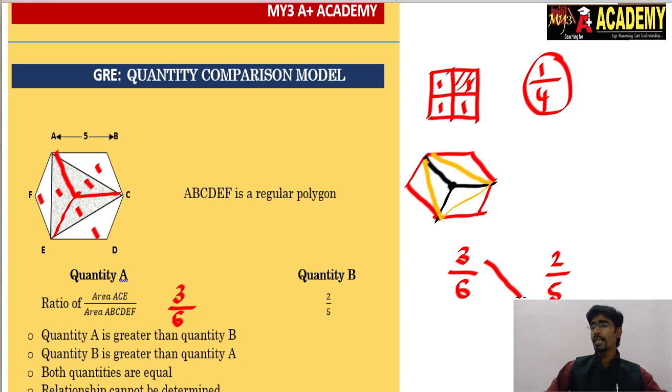So I got Quantity A as 3 by 6 and Quantity B is given as 2 by 5. You need to compare these two, and the comparison will be very simple. Just use the cross multiplication method here. 3 into 5 is 15 and 6 into 2 is 12. 15 is greater than 12, so you can blindly say that 3 by 6 is a higher quantity than 2 by 5. So you just select the answer choice as Quantity